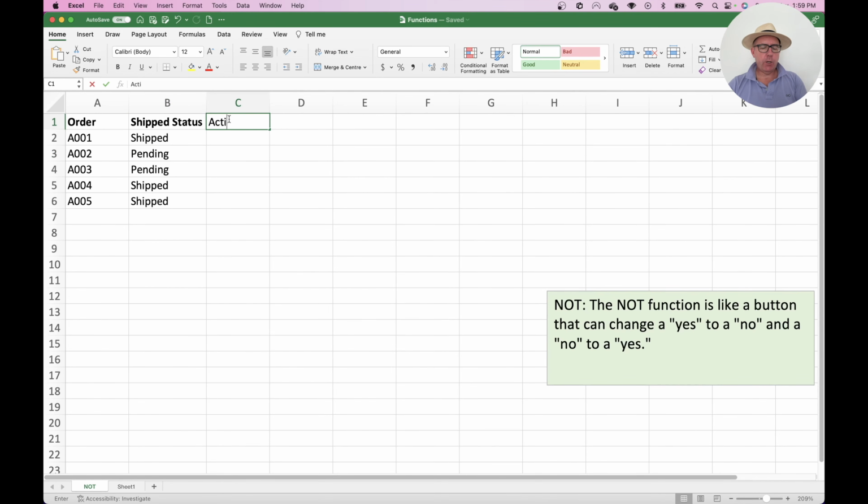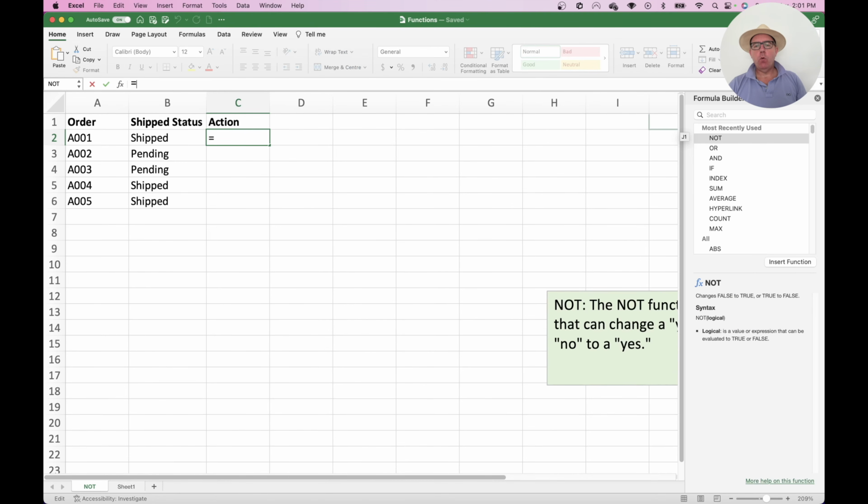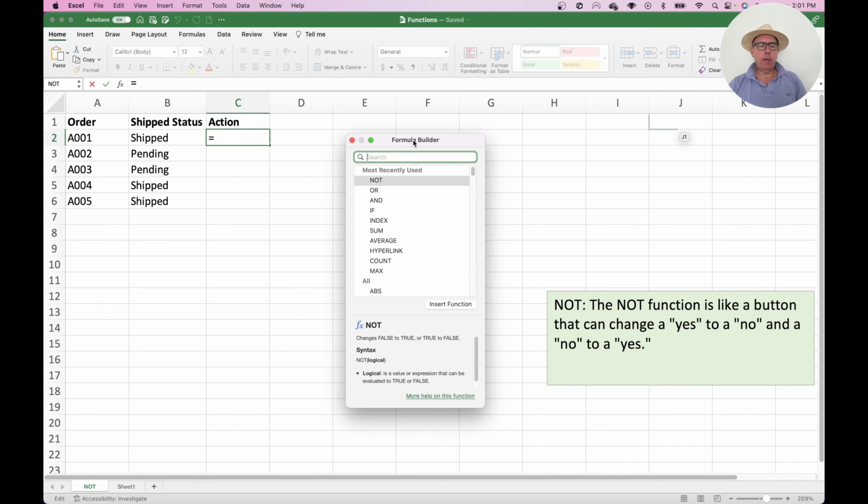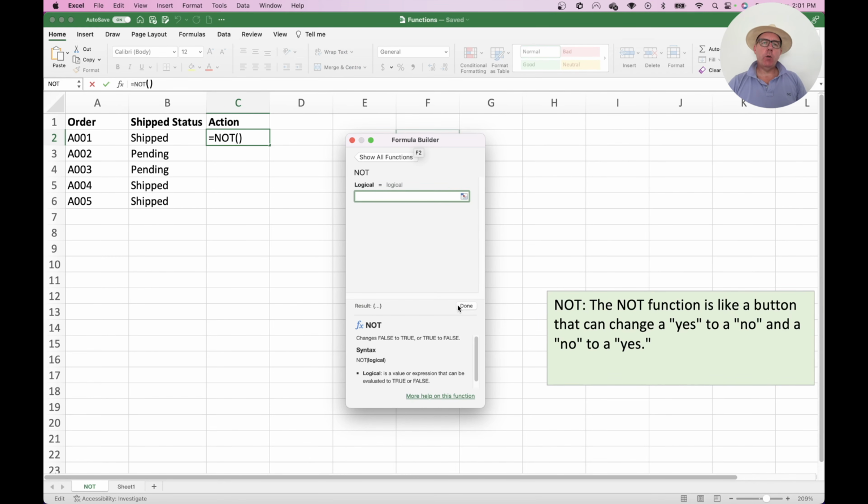We'll label the column Action. And then what we'll do is click onto the cell where we want the first analysis done. So if we then open the builder, as we always do with the first one, and click on the F here, we'll drag that across, and we'll find NOT, and then we'll insert the function. Now what we actually want to check is that if the function is